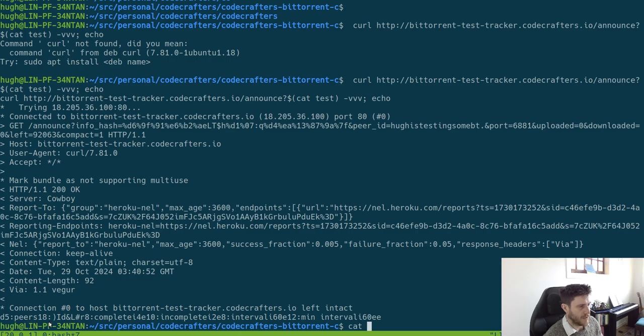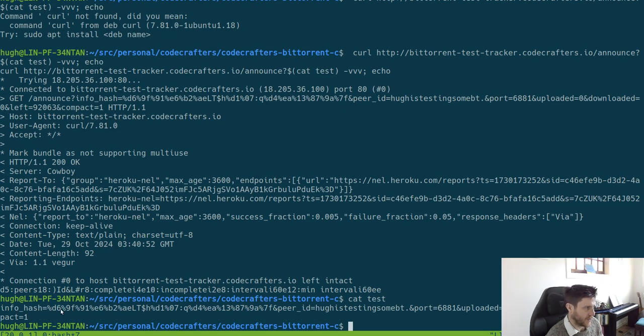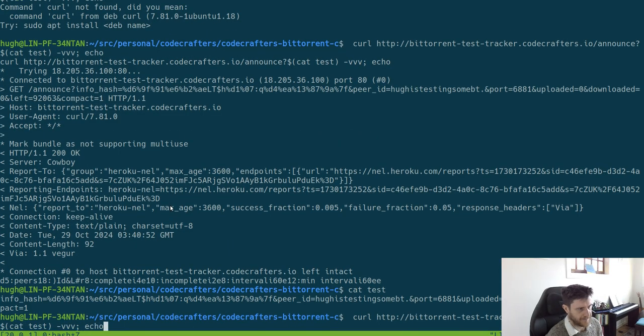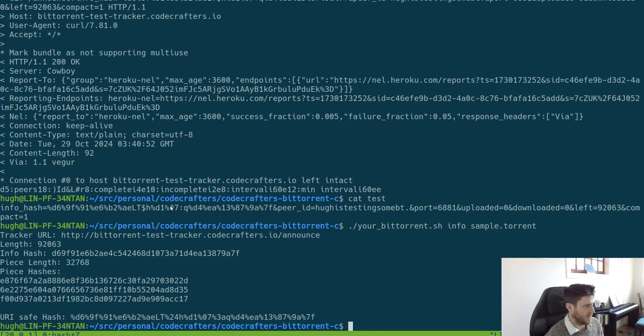But if we look at test, what that's got in it is info hash equals this thing here, which is that info hash 2 that we were doing, or what is it? URI safe hash, so it should be that, and then pair ID equals, he was testing some Bitcoin, like, not Bitcoin, but BitTorrent,